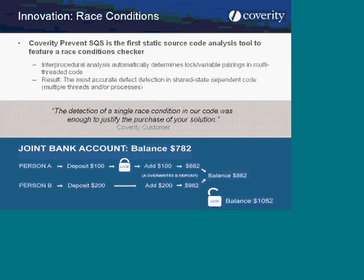Another significant advancement that Coverity has made in static analysis is to detect race conditions in code. Race conditions